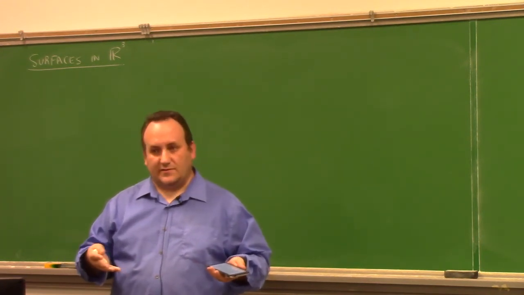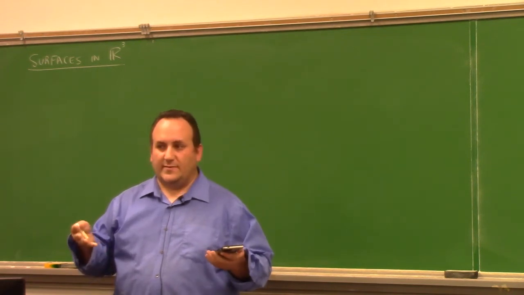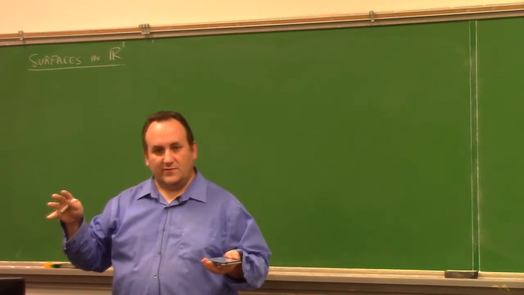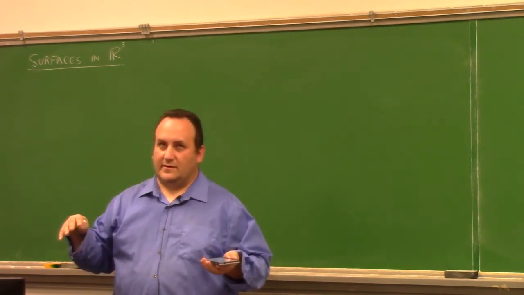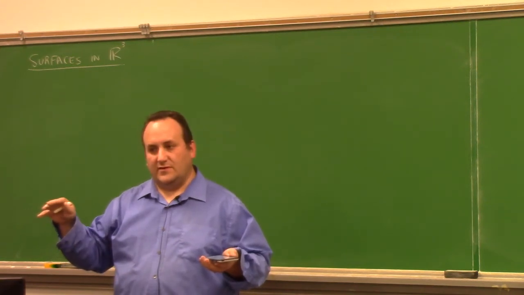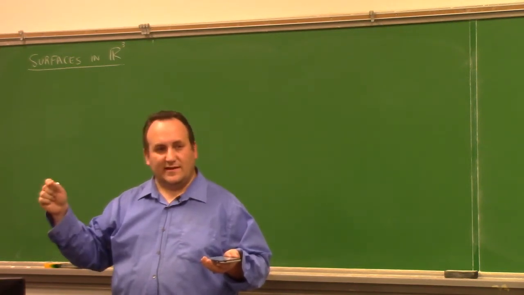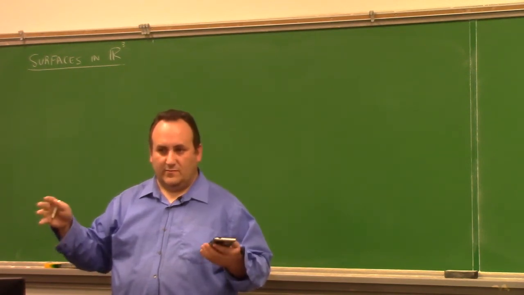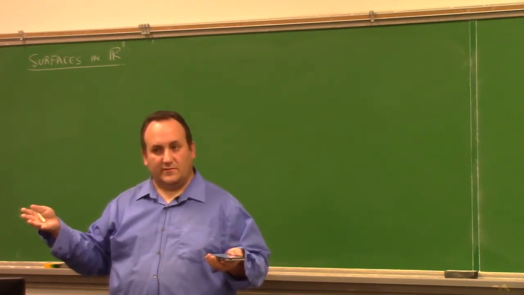You've seen both in Calculus 3. We sometimes talk about a surface as the level set of an equation, right? That would be like the variety viewpoint. Whereas we sometimes talk about a surface as, you give me x, y, and z as functions of u and v, where u and v are parameters, right? That's more the parametric viewpoint or the manifold viewpoint.